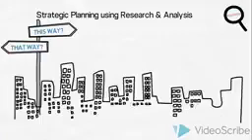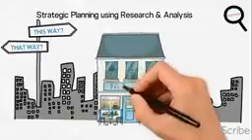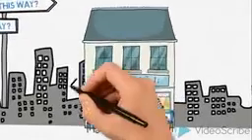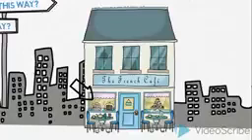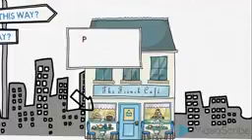Let us use an example. This cafe is located in a large city close to a busy high street. It's called the French Cafe, and it specializes in serving high-quality cakes and desserts. The French Cafe is troubled by the fact that less and less customers visit the cafe and sales are decreasing